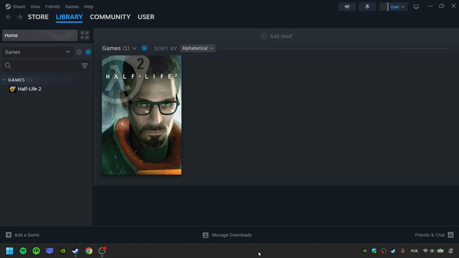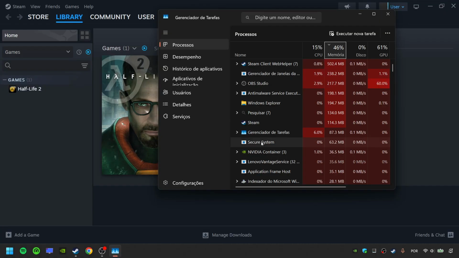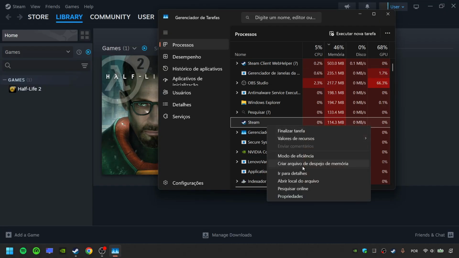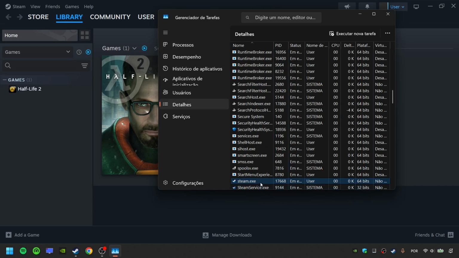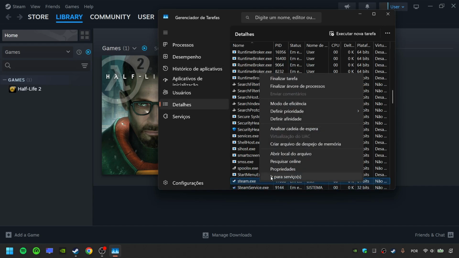Right-click in an empty space in your taskbar and click on Task Manager. Right-click on Steam and click on Go to Details. Right-click on Steam.exe and click on Set Priority and choose Real Time